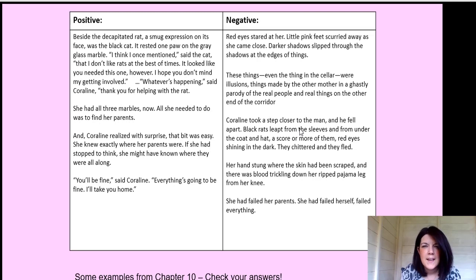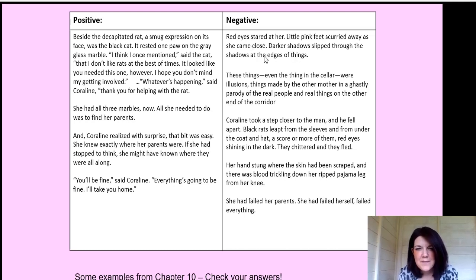So hopefully you've read chapter 10 now and you've written some ideas down. I've just really quickly tried to find some ideas for you. A quick tip as well is if you have got the text of Coraline on your computer, you can just copy and paste some of the quotes across rather than having to write them, which is what I've done. So if you want to do that next time or this time to make it quicker, then that's fine. If we look at the negatives first, I'm not sure why I'm starting with negatives. It might be an indication of my personality, but it's up to you to decide that.